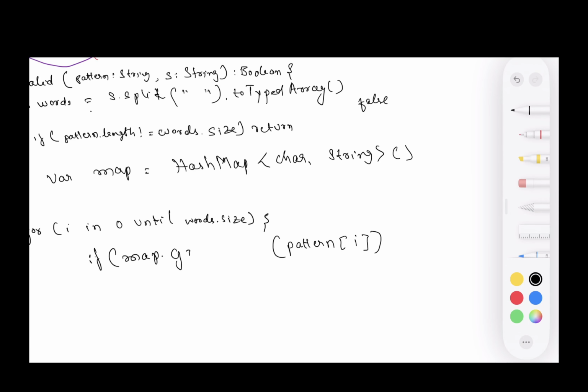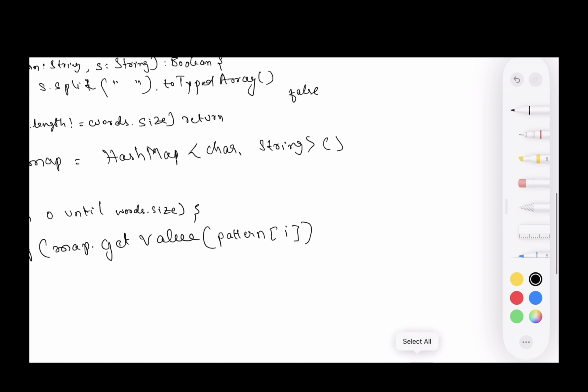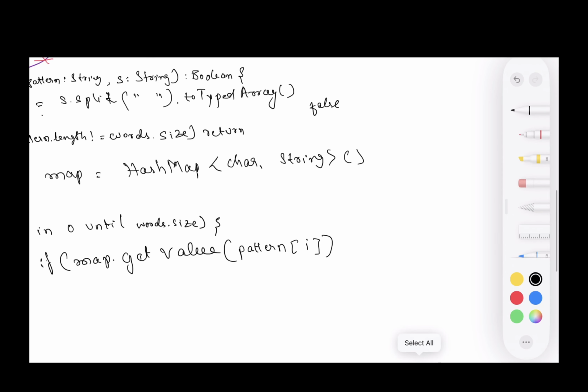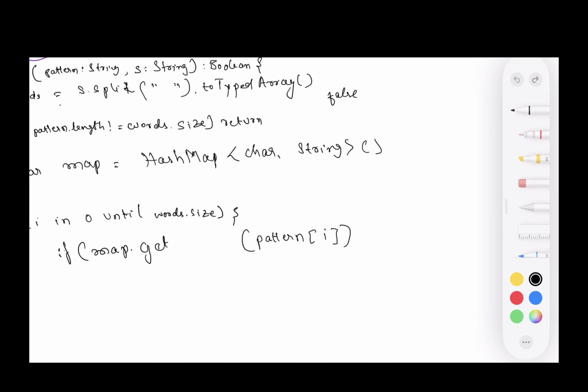We get a value for this key. Okay, and first I can check if it contains, if not contains, I can go to that condition. Anything is fine, let's do contains itself. If it contains a key,